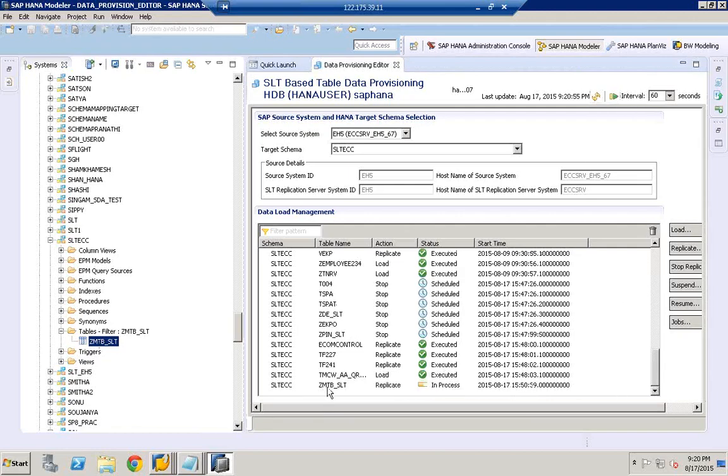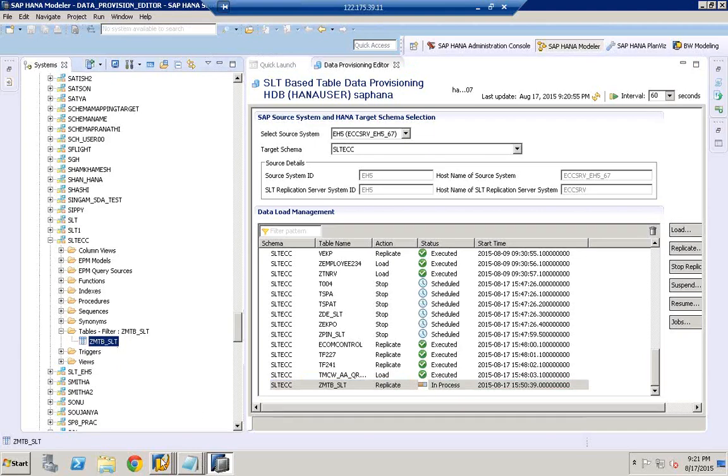Now please see gettmb underscore SLT. The action is replicate and the status is in process. Okay, so let's say the table is being replicated now. Now during the replication process,